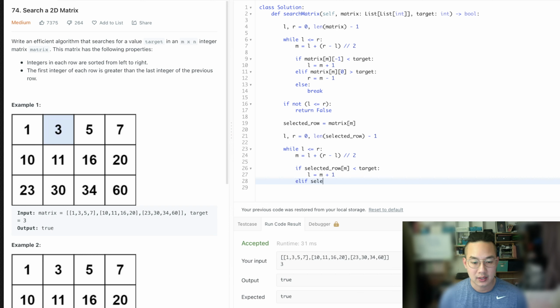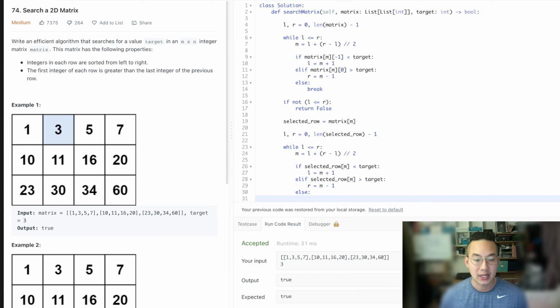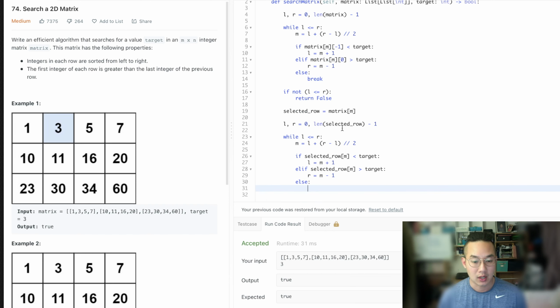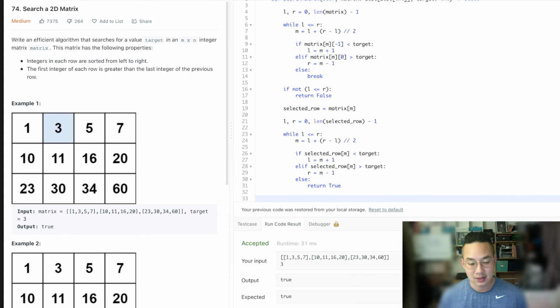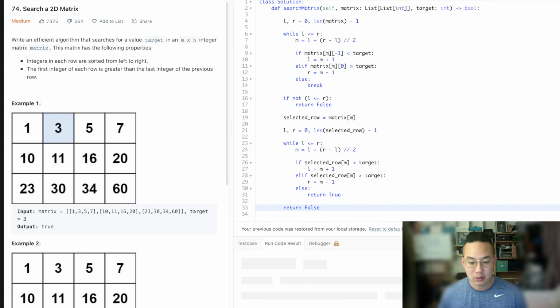Else if selected row of m is greater than the target, so our current item is greater than the target, and we want to eliminate everything to the right of it, so right equals m minus 1. Else, if it's not bigger or smaller, it must be the target, so let's return true. Otherwise, if L and R cross, that means we did not find anything, so let's return false. And then we can run the code,